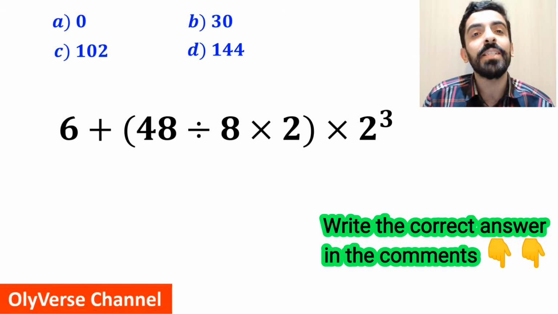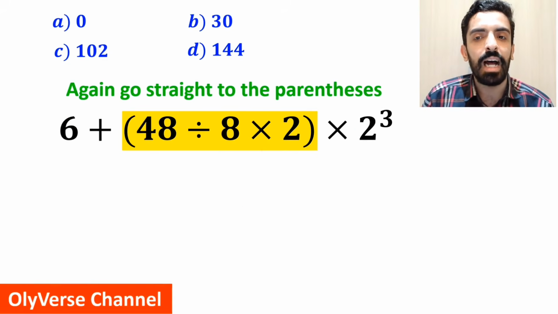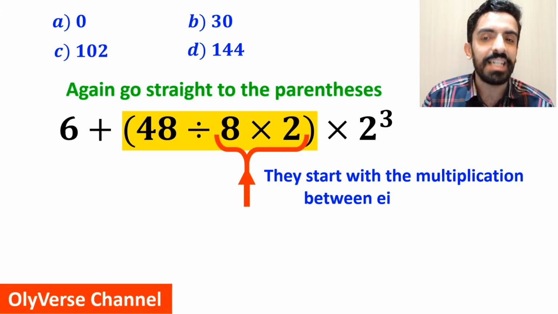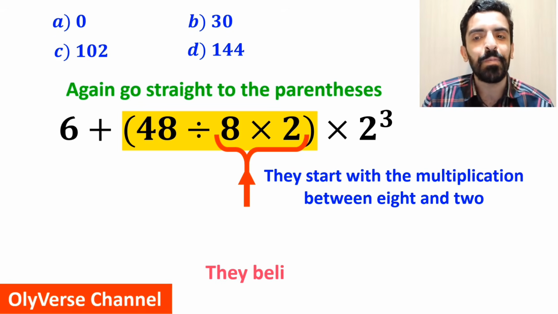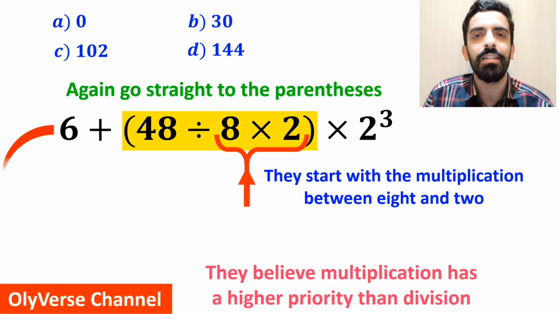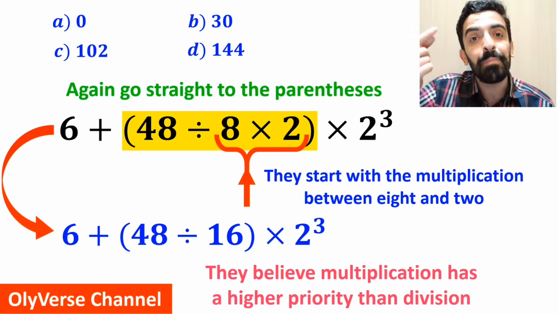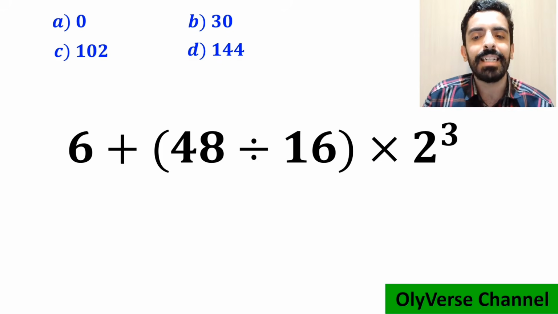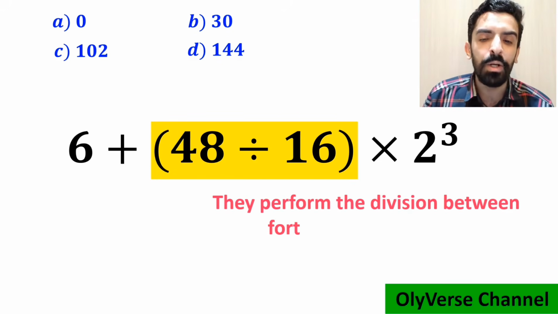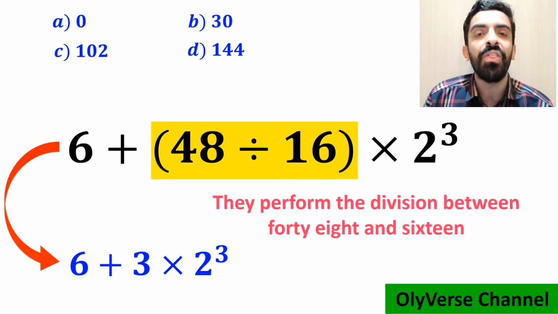Also, some other people when solving this question again go straight to the parentheses, but this time they start with the multiplication between 8 and 2 because they believe multiplication has a higher priority than division. So, they rewrite this expression as 6 + 48 ÷ 16 inside the parentheses, then multiplied by 2³. In the next step, they perform the division between 48 and 16